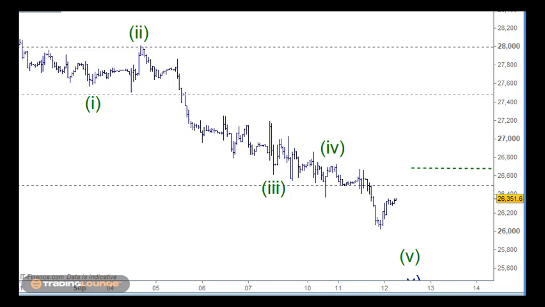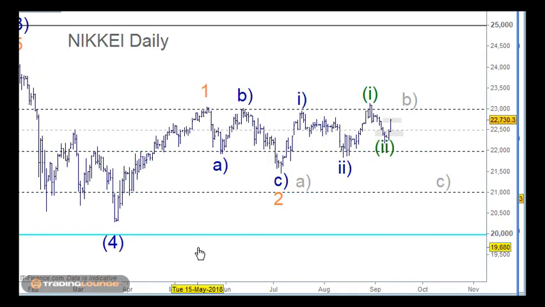Moving on to Japan. With Japan here, our count has been a little bit wobbly, a bit like this market itself, but I've been looking at wave 4 being in place here, and then wave 1 here, ABC for wave 2, wave 1, ABC for wave 2, wave 1, and then we've actually got 3 waves back here to our 61.8% retracement level, well, a bit lower than that. So we may be on the verge here of moving up.